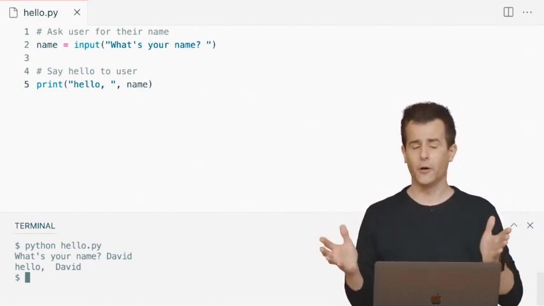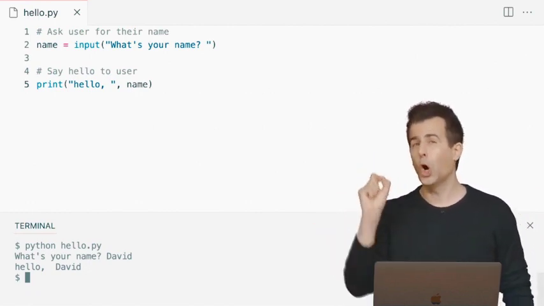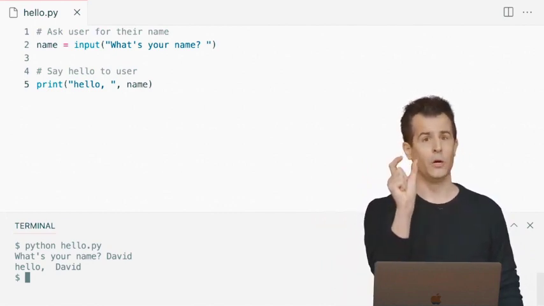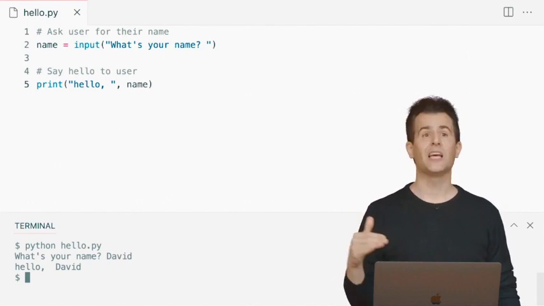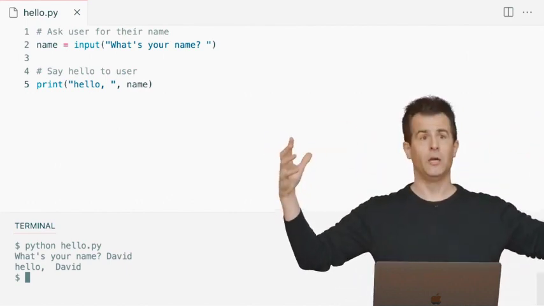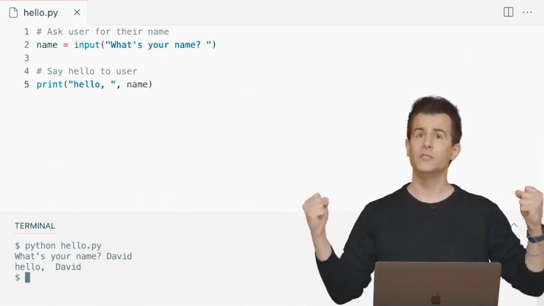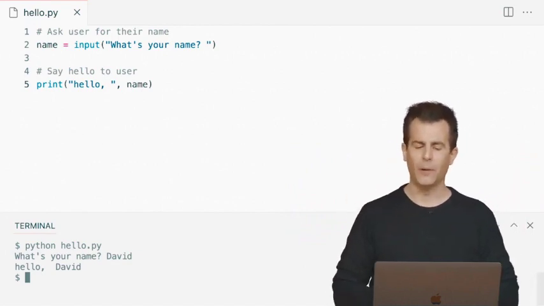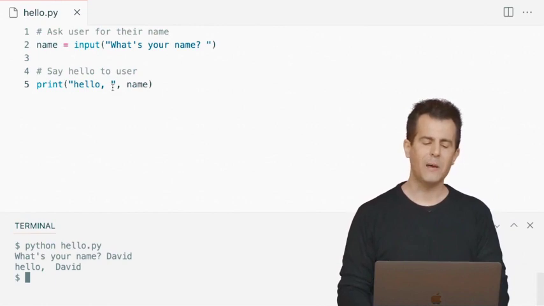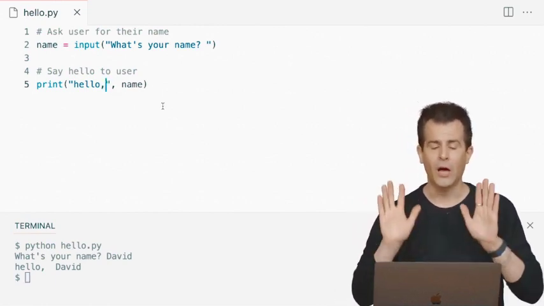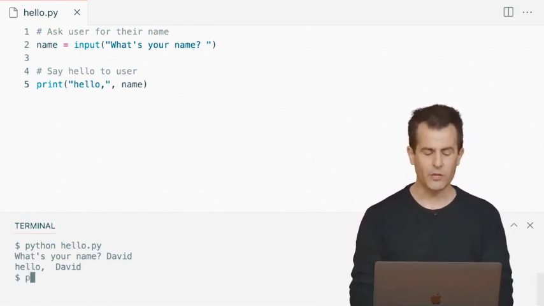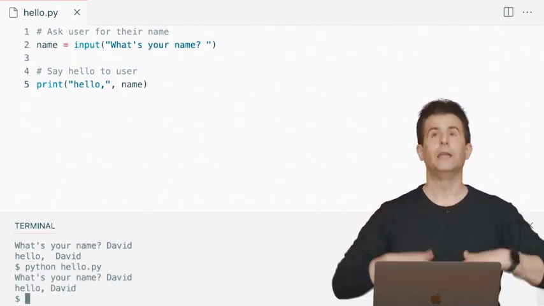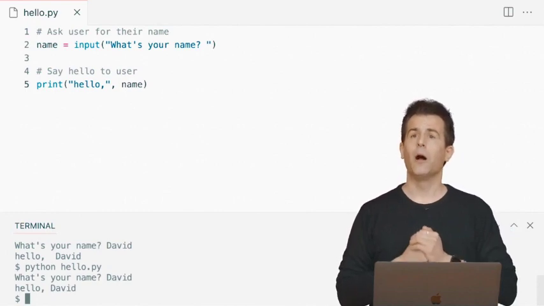Well, it turns out, and this is subtle, when you pass multiple arguments to print, it automatically inserts a space for you. This was not relevant earlier because I was passing in one big argument to print all at once by using that plus operator. This time I'm passing in two because of the comma. So if I don't want that extra space, I don't need to pass in one myself. I can just do this. And now notice if I run this program again, python hello.py, type in my name, David, now it looks grammatically like I might want.